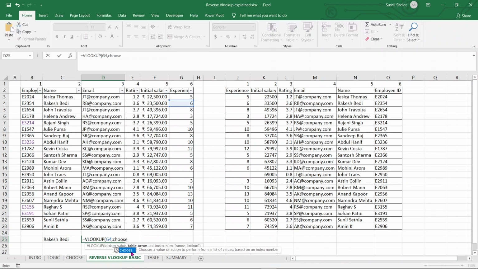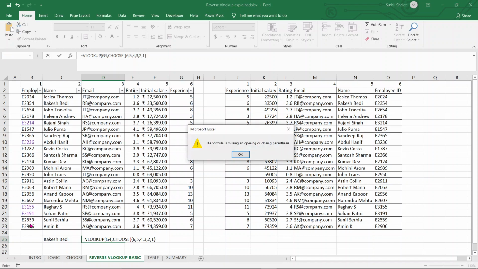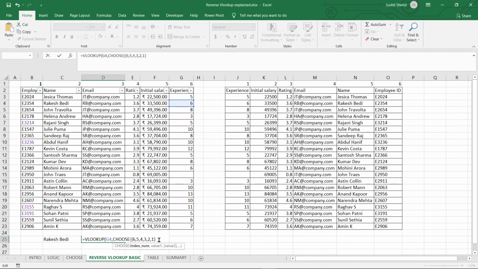So now how I'm going to choose it or how I'm going to define it is here. I'm going to say CHOOSE. In this, I'm going to put up the array, say 6, 5, 4, 3, 2, 1. So that is the array I have defined, and I'm going to choose this array from left to right, from B2 onwards to B23, and so on and so forth. I won't spend much time on locking these cells right now. It is always preferred to lock the cells, but I won't be doing it right now. So I'm choosing these values,